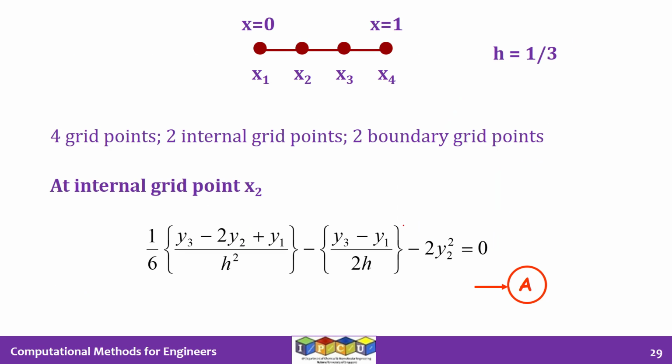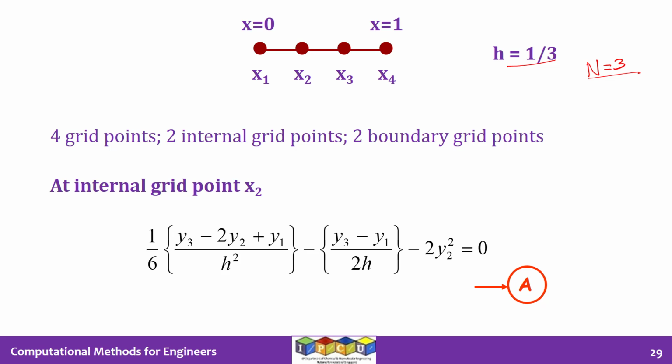For purposes here, I'm going to choose h is equal to 1 by 3. That means I'm going to choose overall 4 grid points. So I'm choosing n is equal to 3 here, so that h is equal to 1 by n, which is 1 by 3. And since n is equal to 3, the number of grid points is n plus 1, which is equal to 4. So the grid points are like so.